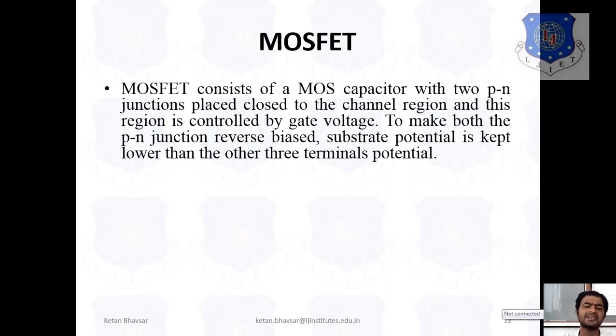Now the question arises in our mind, what is a MOSFET? As you already know, the MOSFET is basically a metal oxide semiconductor transistor, and it looks like a capacitor, because we have two junctions of P and N, and the channel is formed between these two terminals, and with the help of the gate voltage we can control and monitor the whole junction diagram.